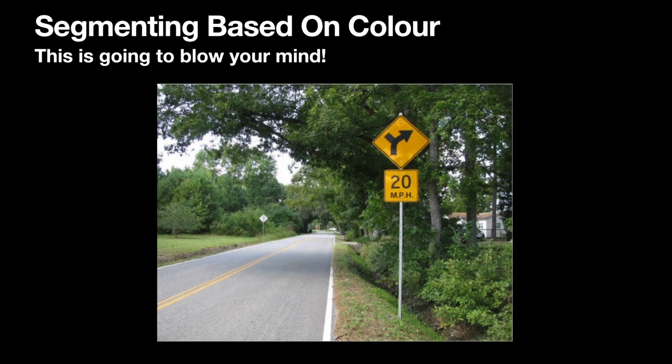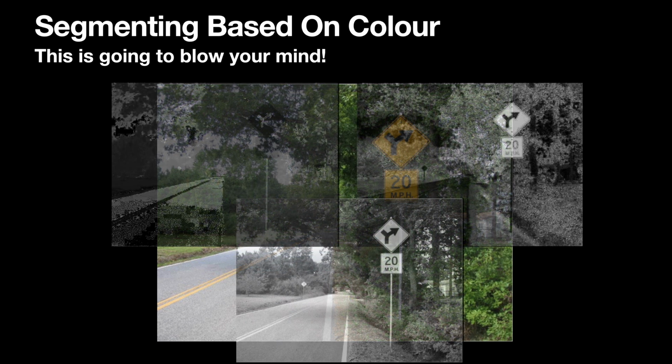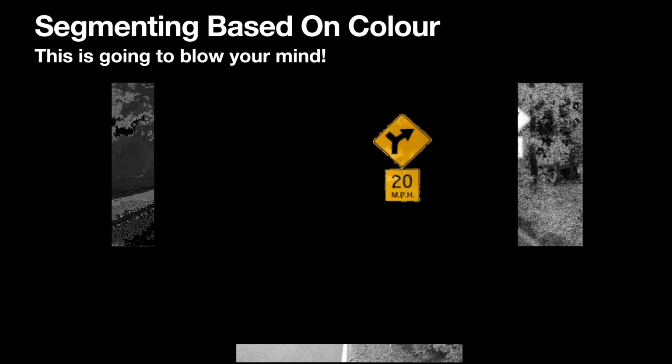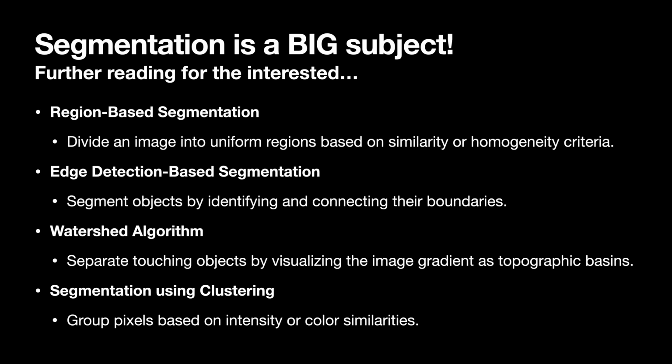Now, we've generally been looking at grayscale images, but there is a very powerful way to do this involving colour. If we know the colour of the thing we're looking for, then we can first transform the image into the HSV colour space. We can then look for pixels that have the correct hue and are sufficiently saturated and bright, and this is a really clever technique that works amazingly well. Now, segmentation is a huge subject, and it's being actively researched. Simple thresholding is only the beginning. There's a whole bunch of techniques, and there's also lots of deep learning